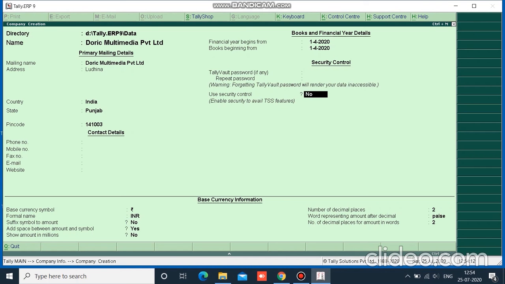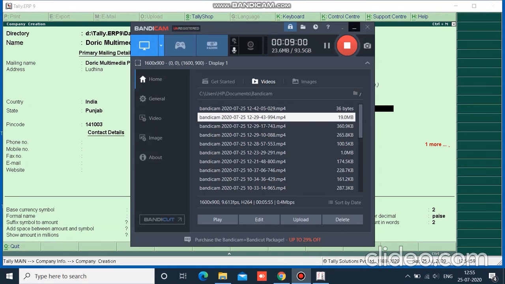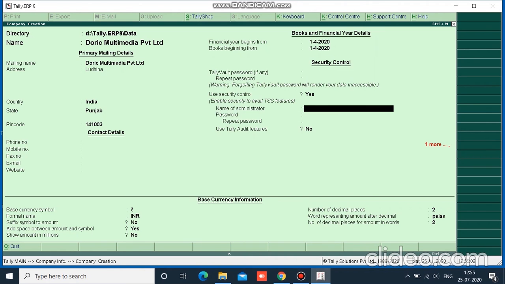And the last option is security control. By enabling this option, we will be asked to enter the name of the administrator and password. This option is used only when we have multiple users in our company. Suppose we are using multi-user in our company, and we have any number of users like 5 to 10 users, and we want to set a security control so that a user is granted only restricted access to the company.